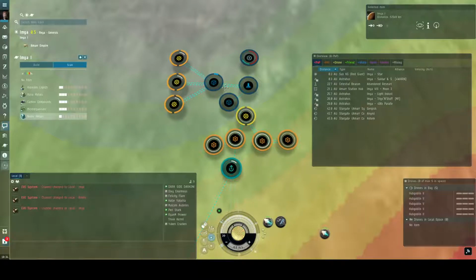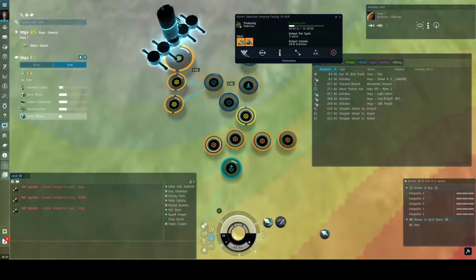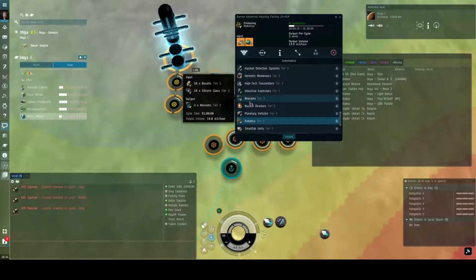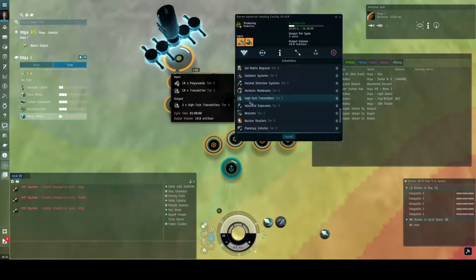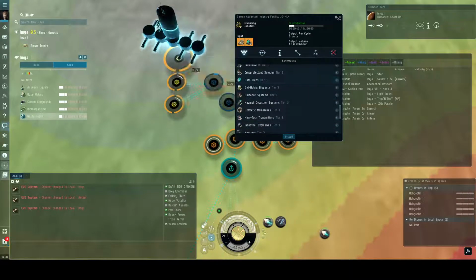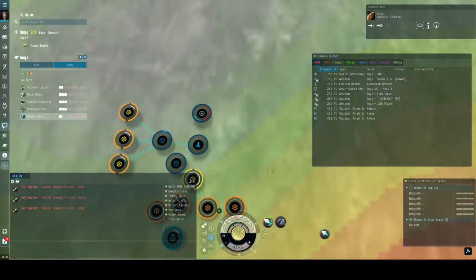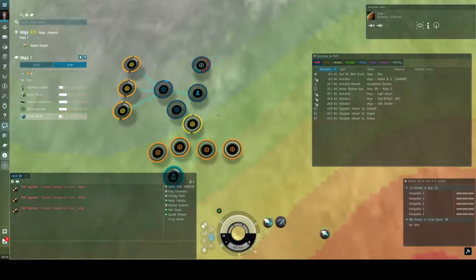The alternative is that you can have a full factory world. So a setup like this could produce robotics. You could have other setups. If I look at the schematics, you could look at producing planetary vehicles, neocoms, high-tech transmitters. Any of these things, you can just set up an individual factory group made of 3 advanced facilities and 1 storage facility in a clock fashion around this launch pad. Bring your material in and then just produce,